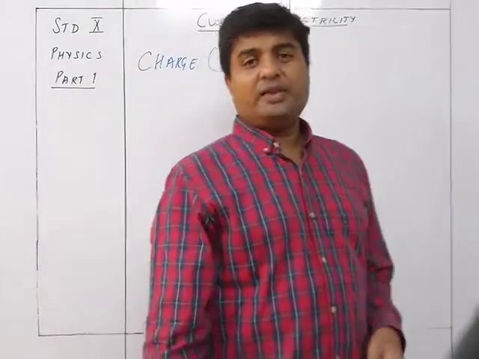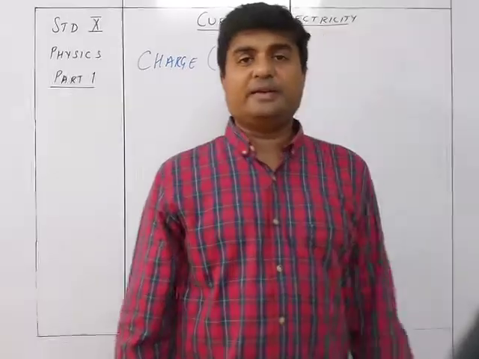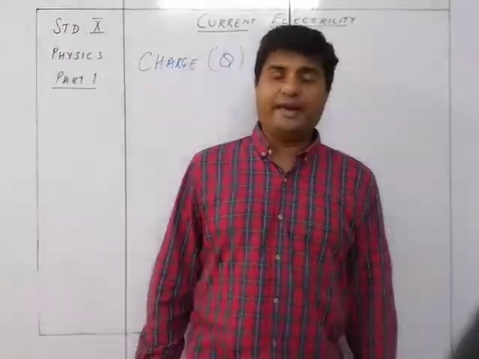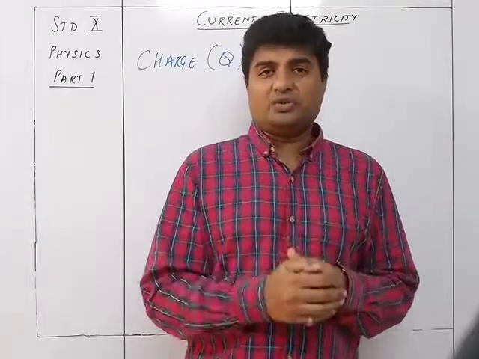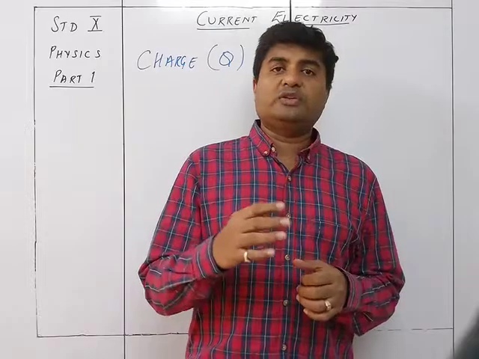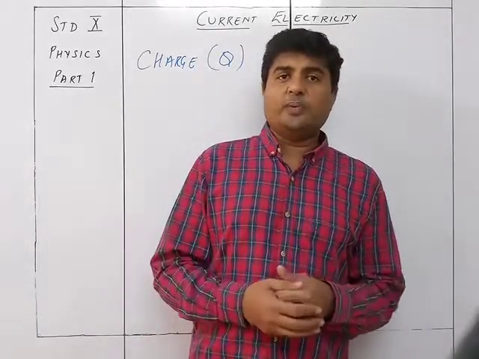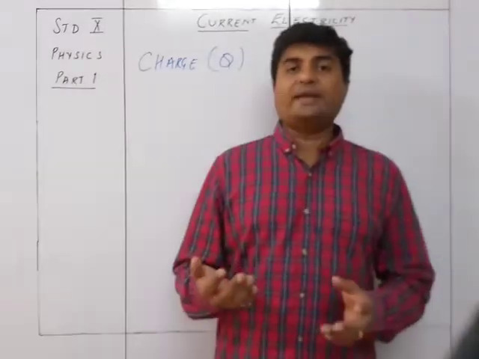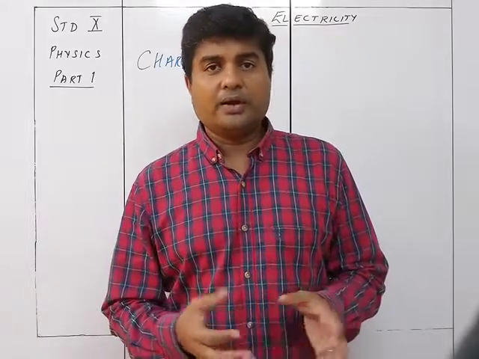So yes, we saw that when two insulating substances like glass and silk, or fur and ebonite, are rubbed together, one of them is going to gain electrons from the other. The one which gains electrons will be negatively charged, and the one which loses electrons will be positively charged. Accordingly, positive and negative are the two kinds of charges which are going to be present in any particular body.